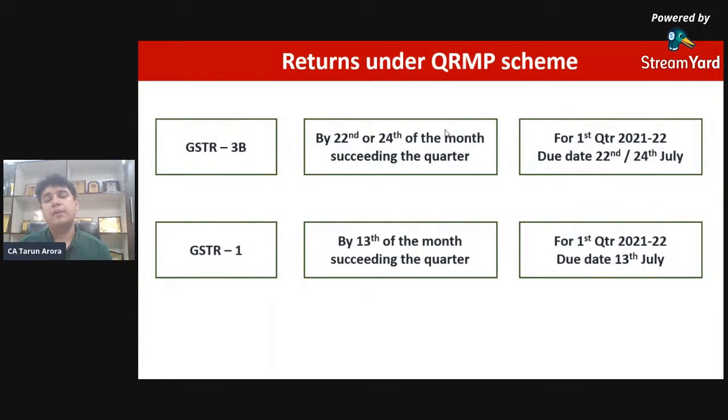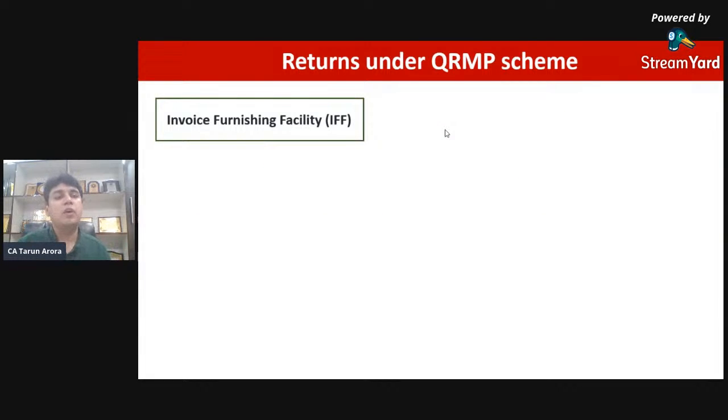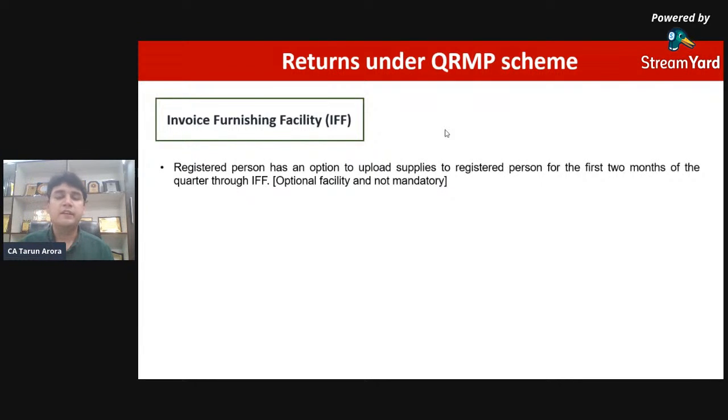GSTR 1 क्वार्टरली फाइल करूंगा तो मेरे कुछ सप्लायर्स, मेरे कुछ रेसिपिएंट्स, दोज हु वांट टू अवेल क्रेडिट ऑफ माय इनवॉइसेस, उनके पास क्रेडिट पास ऑन नहीं होगा। तो गवर्नमेंट हैज ब्रॉट अ स्कीम रेफर टू एज इनवॉइस फर्निशिंग फैसिलिटी। सो a QRMP registered person or a registered person who has opted for QRMP scheme, he can use this facility, invoice furnishing facility. Invoice furnishing facility is a mechanism in which I can furnish my B2B invoices on a monthly